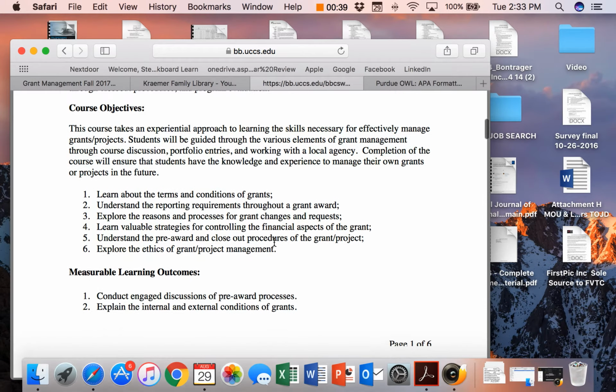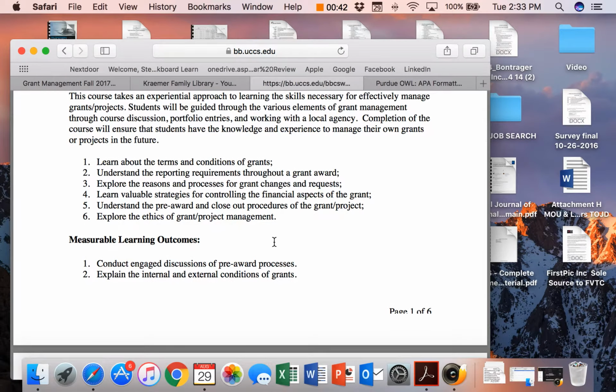You can see the objectives. Really, what I hope for each one of you is that you come out of this course with the skills and the knowledge to be able to work with an agency and help them manage their projects. Becoming a full-fledged grant manager or program administrator takes time. We can teach it. I can certainly give you the fundamentals and you can practice your skills, which you do with the portfolio entries. But a lot of what you do as a grant manager is stuff that you learn